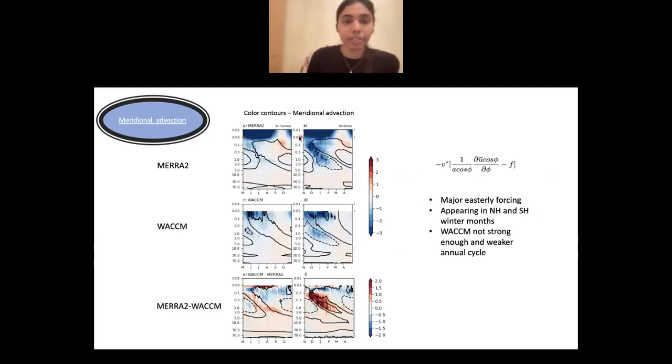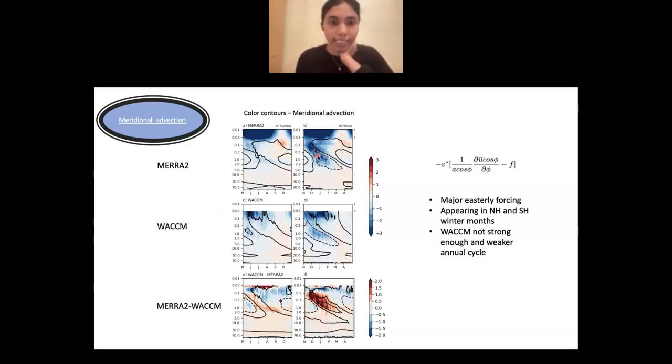And this here is the meridional advection plot. The color contours here are the meridional advection, or this term on the right hand side. And I have separated it into 6-month windows, which I have done earlier also. I forgot to explain it. I wanted to show the annual cycle here, so the northern hemisphere winter and northern hemisphere summer differences. And I have the MERRA2 vacuum and MERRA2 minus vacuum shown here.